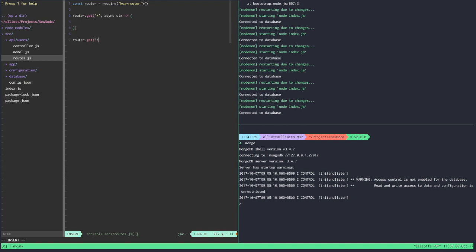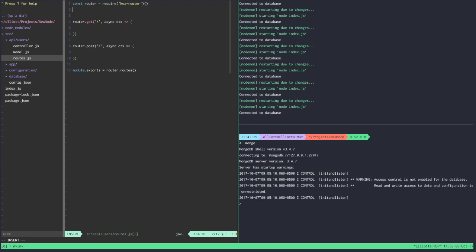And we'll do a post, so we can create. Then let's export the routes. So now that we have our routes set up, and this will be for a get and a post at /users eventually,